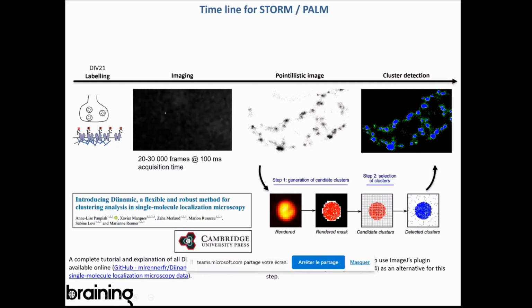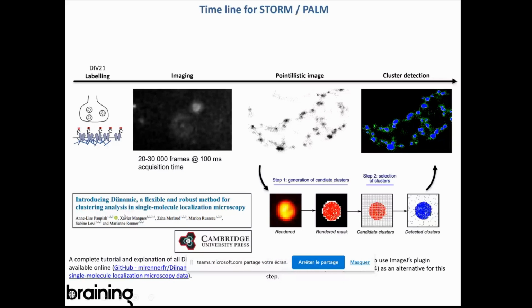And you can see these single molecules that get randomly activated. And we do that on each frame. Then we are going to reconstruct with a Gaussian fit the localization of the molecule. And we get this pointillist image after reconstruction that we can quantify using specific